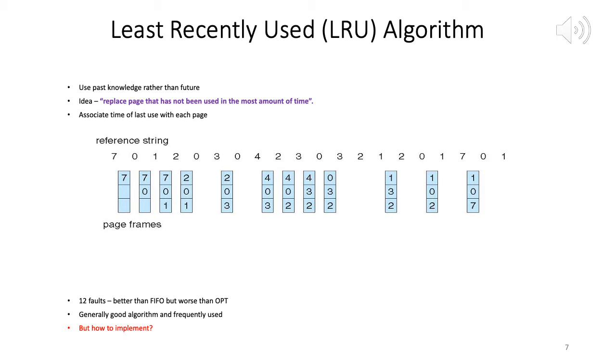Again, the idea is if a page is heavily used, then at any given point of time it would have been used fairly recently, so it will not be removed. If a page is not used frequently, then it would have been used quite far back. So remove such pages. Of course, there is no guarantee that the page you remove will not be accessed again, but still this is a heuristic. So this seems like a decent one. So this is LRU. I hope it's clear. How to implement it, we will be talking about.